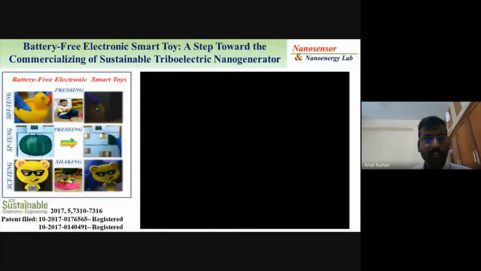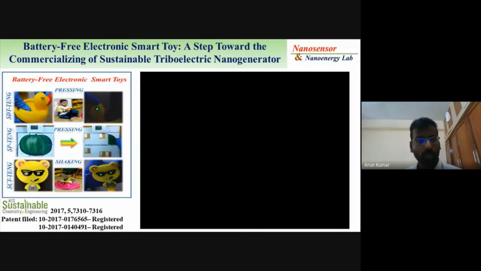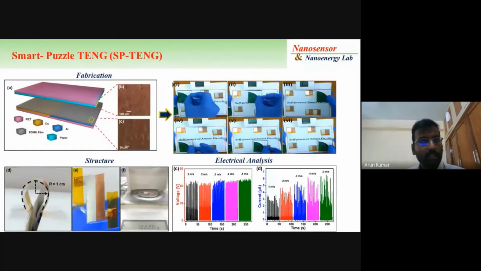And this other thing is a funny thing, but I don't want to show the video now. It's a battery-free electronic toy, and these are two different toys. Both are registered as international patents. Here you see it's a simple puzzle. The device weighs less than 1 gram and is completely bendable. Whenever you apply a particular frequency, for example the acceleration, you get a constant output. So by using this device you can understand how the person is pressing the puzzle.